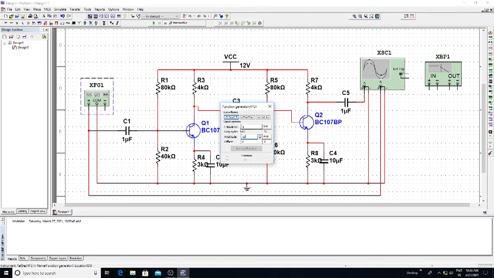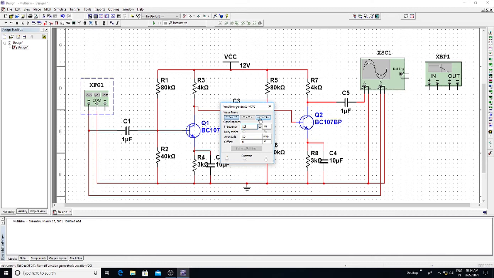You can start the frequency from 1 kilohertz, or you can also start from 50 hertz. Let's see from 50 hertz. After setting the value, you can also give a frequency of 1 kilohertz. You can also start the frequency range from 50 hertz, from low frequency, for the second stage.